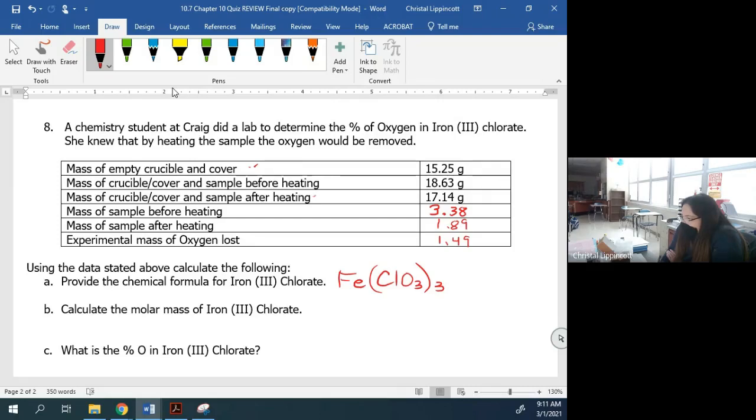All right, molecular mass of iron 3 chlorate. I need to get an iron, which I think is 55. I can't even read that. My eyes are getting so bad. 55.9 for my iron. I've got 3 chlorines. They come out at 35.5, and then I'm going to have 9 oxygens. 3 times 3 is 9 times 16. So I add all of that up together, I get